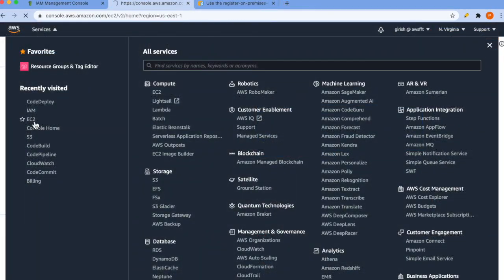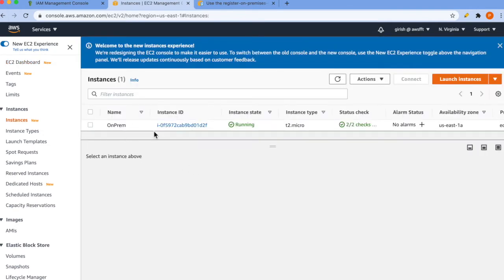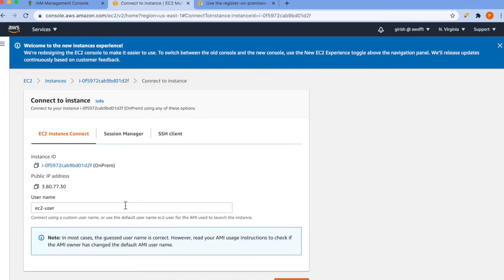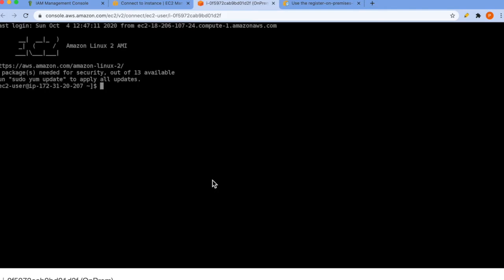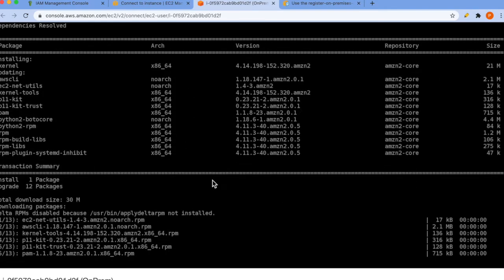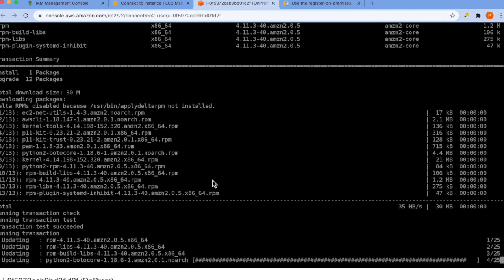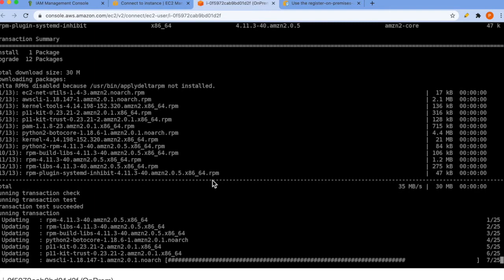Go to EC2 home page. From there, find your instance and click on connect. So this will use instance connect. Okay, here we go. So we are connected to server. Just run that block of statements, wait for a couple of moments, and it should be done.